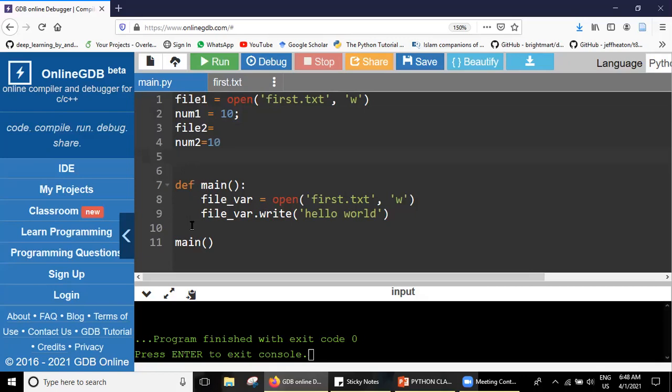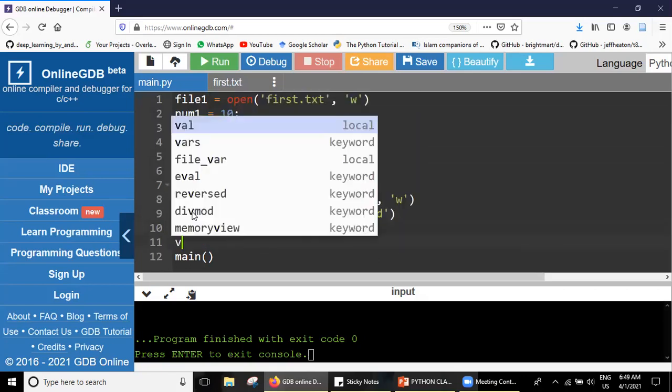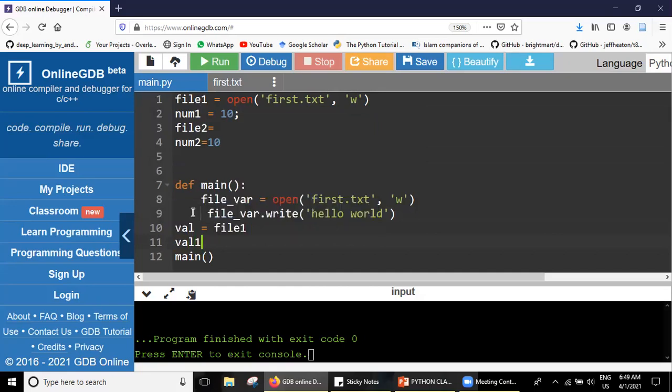Then when we define the main function, the variables which we create here and whatever values we store, for example a value from file 1 and another value from file 2, remain local to this main function.